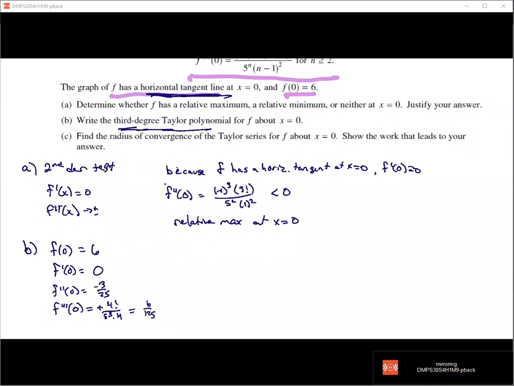Moving right along. So that's 6 over 125. Let's put it all together. We have negative 3 over 25. I think we have everything that we need to go. So our Taylor polynomial, let's call this P of x. I guess T of x would be appropriate since it's Taylor. It doesn't matter what you call it, honestly. So T of x is going to equal our first term, which is 6, our second term, which is going to be 0. Doesn't matter what happens after that. Our third term is going to be negative 3 over 25 x squared. And then our fourth term is going to be